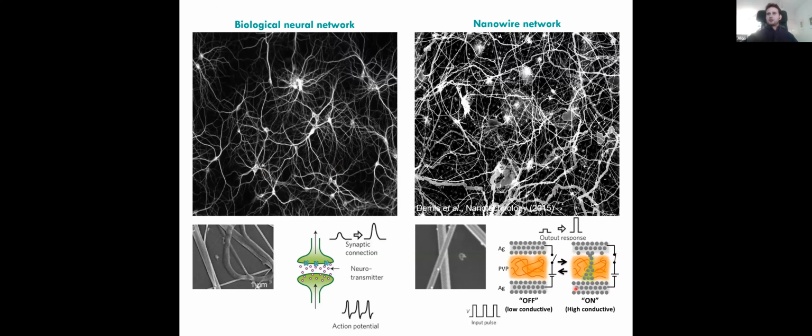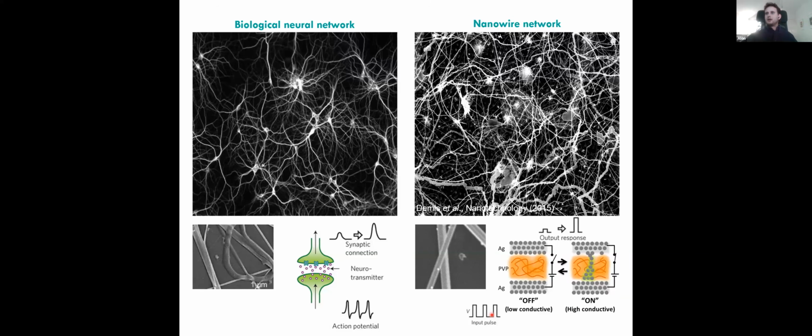That's what these two graphs at the bottom look like. So when we zoom into these junctions, as you can see here, we get two silver wires represented here. We get this insulating polymer in between. It's just a simple plastic called PVP polymer. When that is off, meaning when there's no electric current being passed into the system, nothing special happens. The wires aren't actually touching each other. There's no electrical conductivity. But then when we turn it on, when we feed in some kind of voltage input